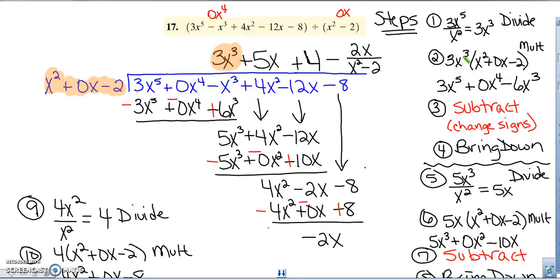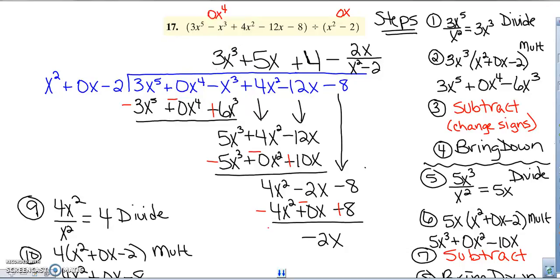And so 3x to the 3rd times x squared is 3x to the 5th. 3x to the 3rd times 0x, the 3 times 0 is 0. x to the 3rd times x is x to the 4th. 3x to the third times negative 2 would be negative 6x to the third. So I write all of that here, and then step 3, we're going to be changing the signs so that